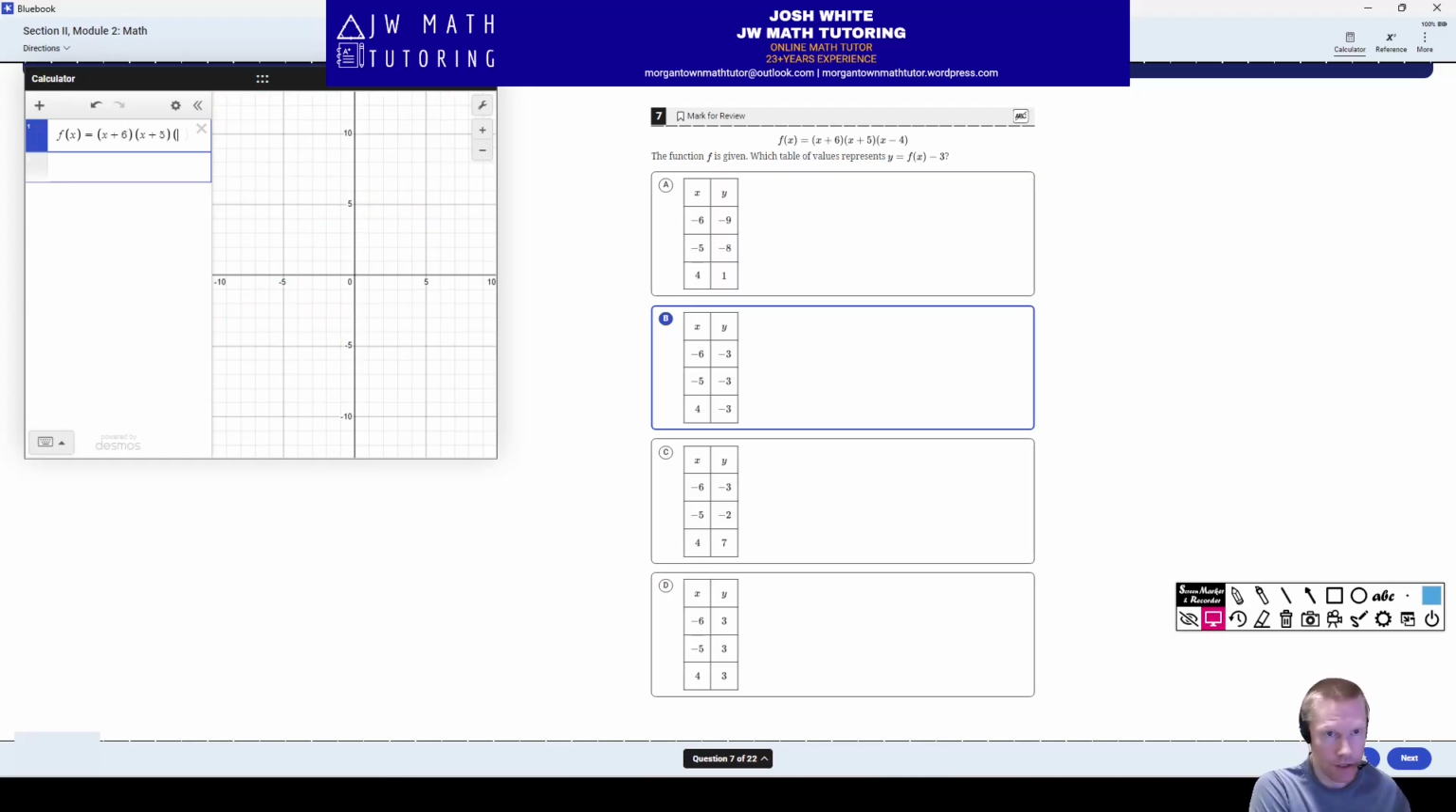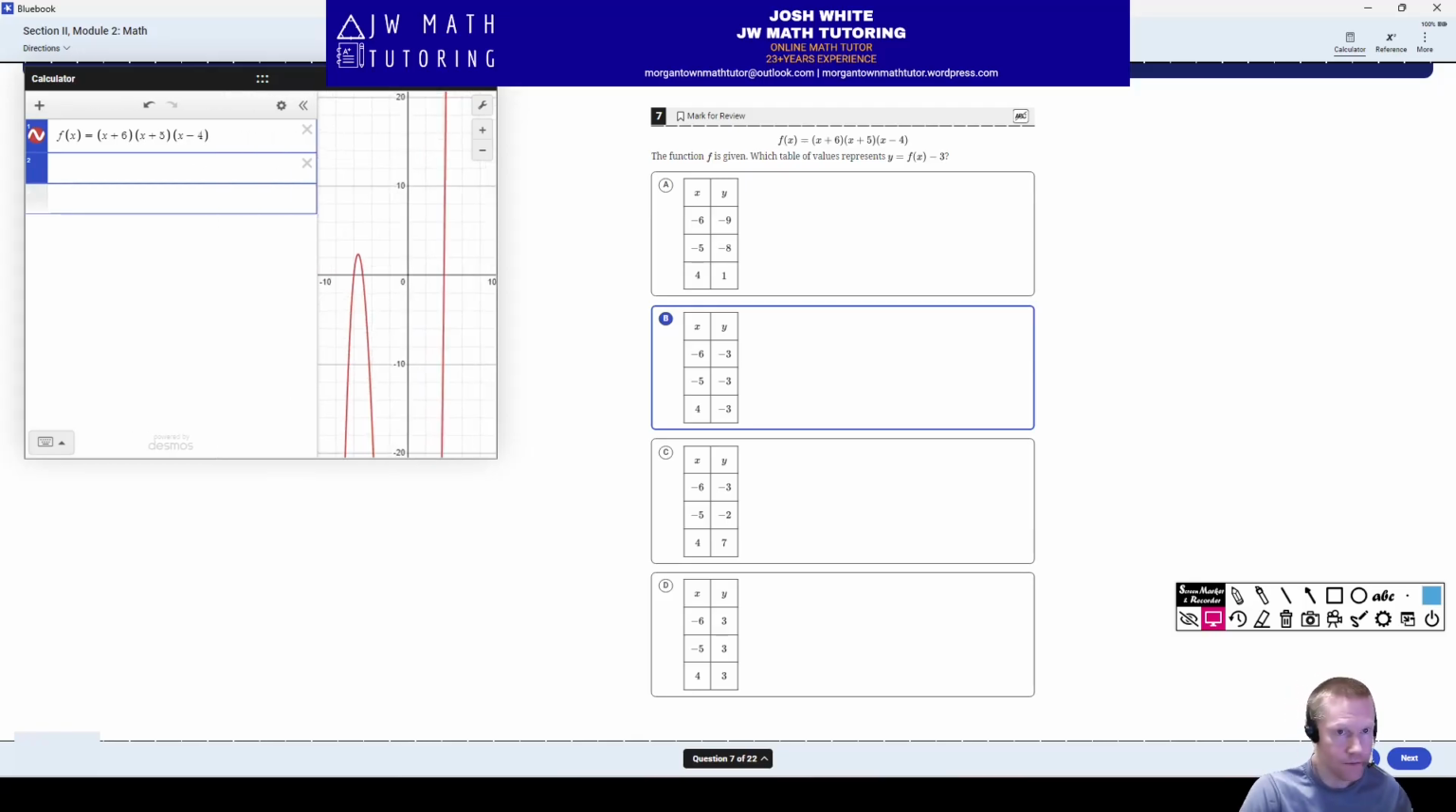So we put in the original function. Then I'm going to do the translation. Okay, so shift it down 3 units. Let's get rid of the original. We don't want that. Okay, so now what you could do is you could just go through and say, okay,